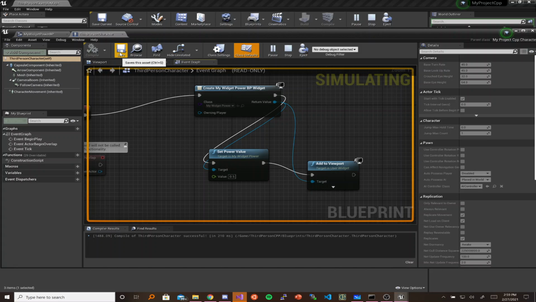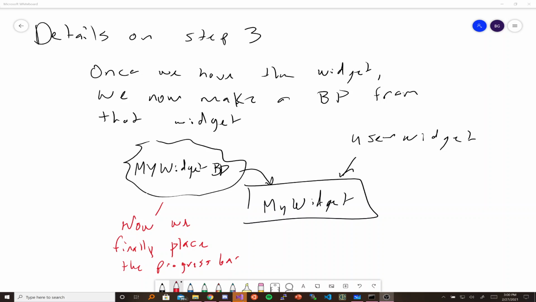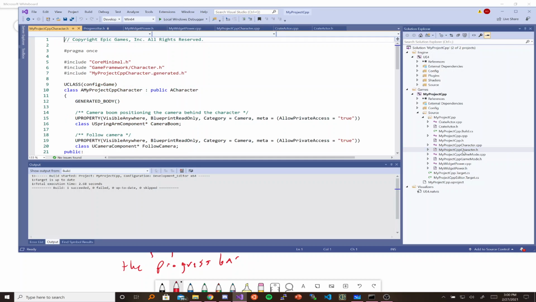So another way to do this would probably be to update the power value based on the player's actual power. So there's two ways to go about that. I'm going to take the C++ way because I want to show you how that could be done over there. So I'm going to go ahead and close this. Save selected. So I'm going to save off our existing work. Then we're going to make a modification to